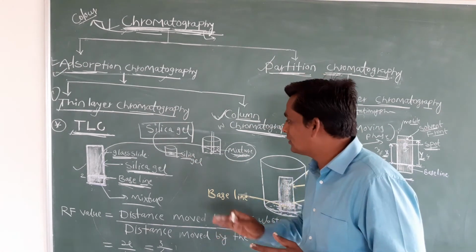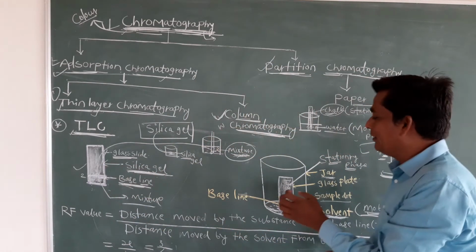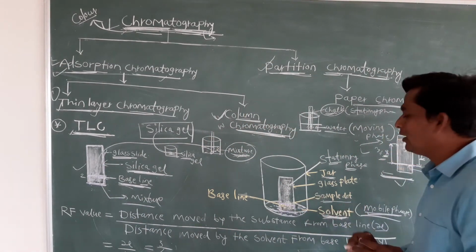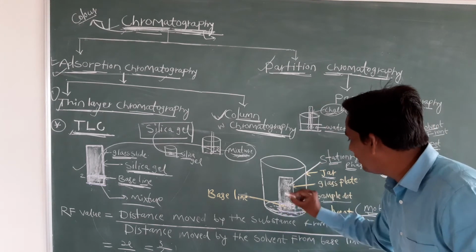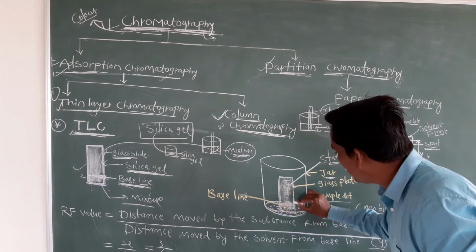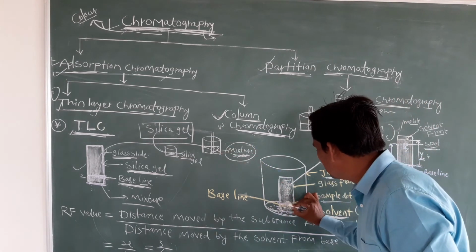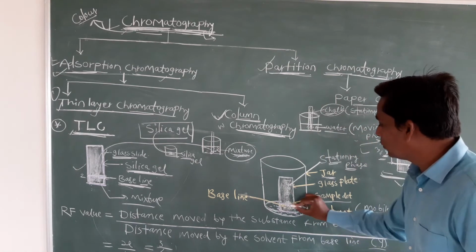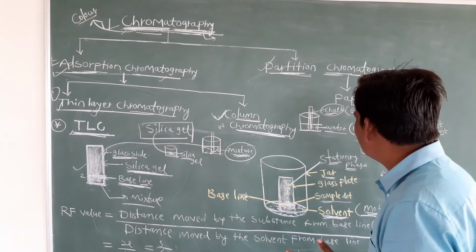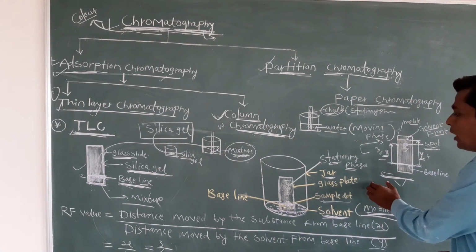Do you understand this much? Now this glass slide we keep inside the glass jar containing the solvent. Now students, clear? This is your glass jar. Here I am adding some solvent and keeping the glass slide like this. This is your baseline, and whatever mixture spot we gave, this is your spot, your mixture, 2 to 3 drops. You can keep this setup for 2 to 3 hours. After that, you can easily remove this glass slide from the glass jar.